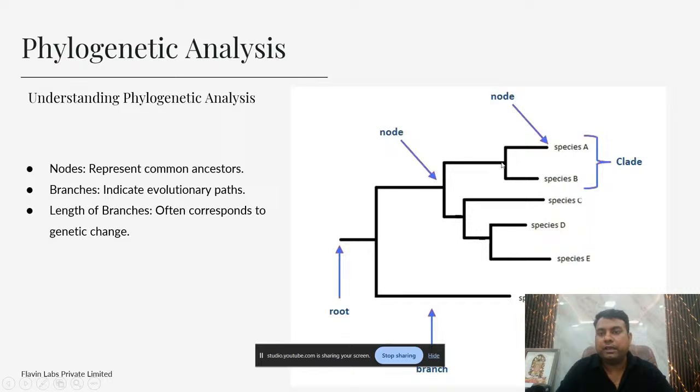So, if we ignore the later section, you can say this is a common root. Then from the common root, they are diverging into two. So these two species, A and B, will always be considered a clade. Plus, this length, how much distance it has from the root, directly corresponds to its genetic